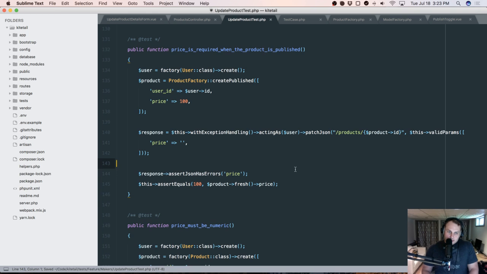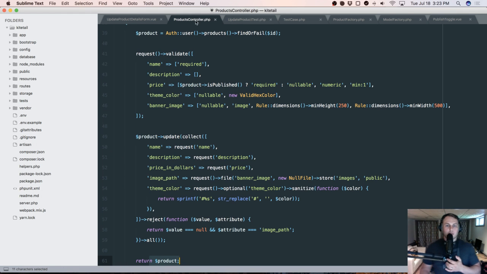So let's check this. Okay, so this is passing. So this is one way we could solve this problem. I think this way is disgusting. I've never seen anything more horrifying in my life. So